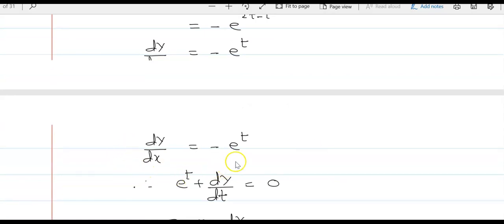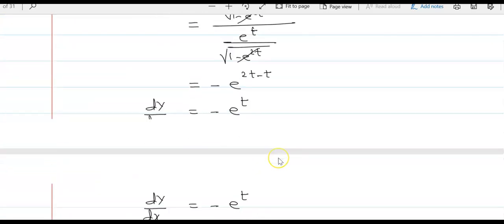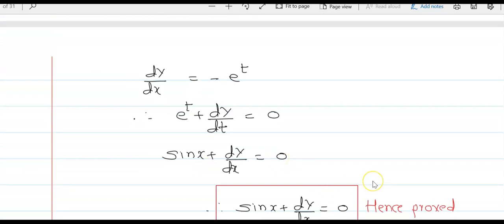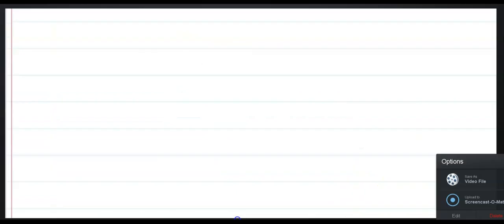Therefore, dy by dx is equal to minus e raised to t. Therefore, e raised to t plus dy by dx is equal to 0. But what is the value of e raised to t? e raised to t is sin x. Therefore, sin x plus dy by dx is equal to 0, and hence it is proved. Now the next is